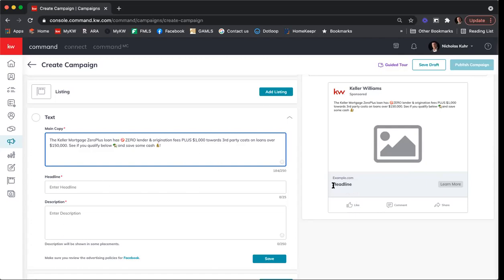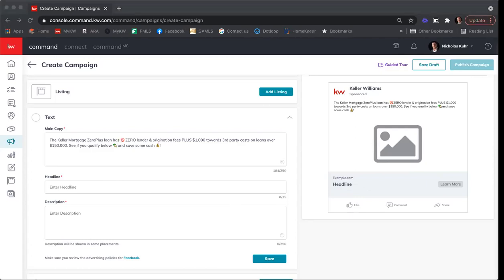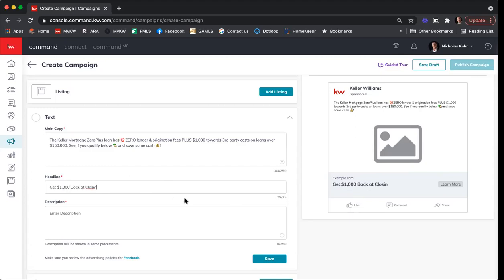And then I can see on the example on the right-hand side, this headline is going to be this bold text. So we want this to be something really quick that's going to stand out. So I'm going to just copy the text that I took from Command Your Conversion. I'm going to paste that in there. So get $1,000 cash back at closing,